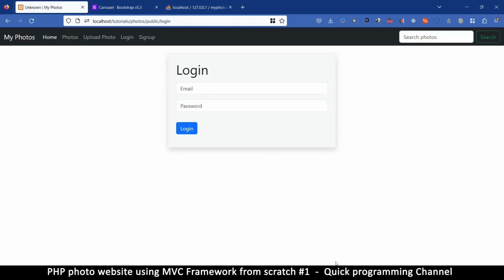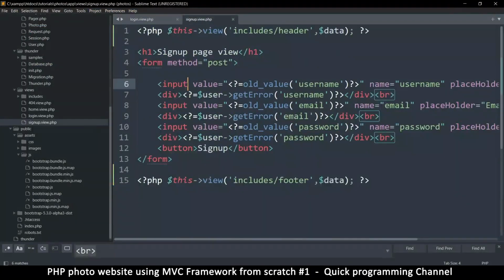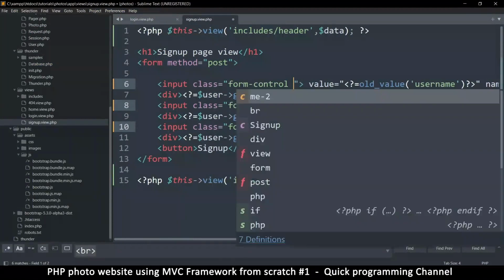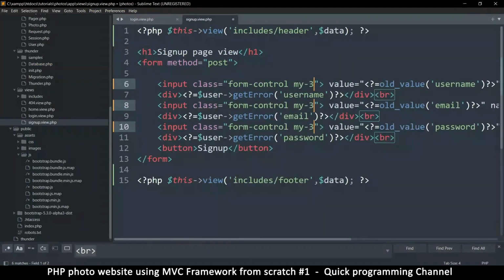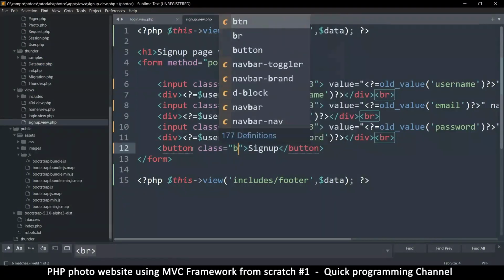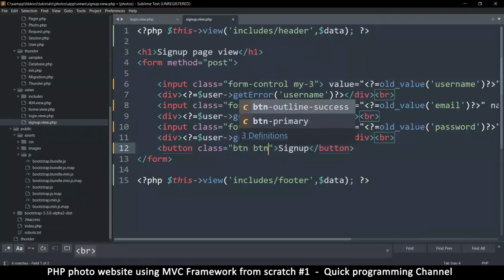And so let's make it happen. Looking at what we've done here, pretty straightforward. I'm going to grab these here, put a class and put form control and put margin like that. Same thing here. I'm going to put a class and put button like that, and then button primary